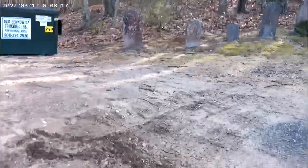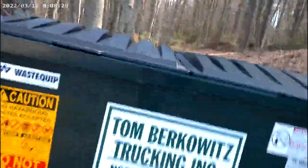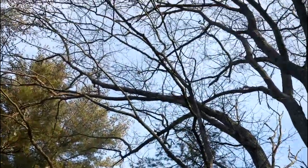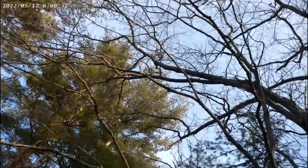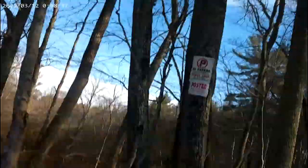Alrighty. Some of these, oh my goodness. I'll throw it in the trash. It kind of lost all its color anyway. And it's fake berries, so I'll just throw it in the trash. Don't. That's such a shame. Oh, no, that's a perfectly good poinsettia too. I don't know why they decided to toss that. But